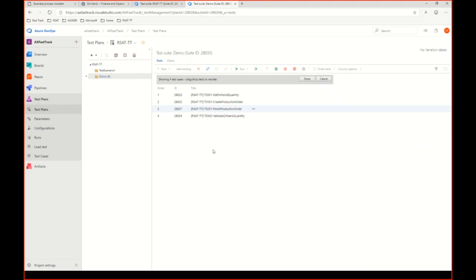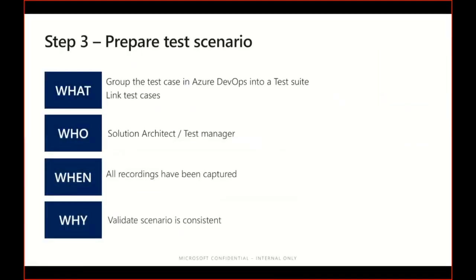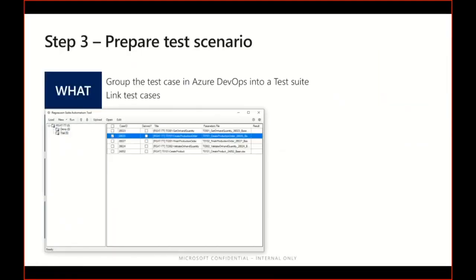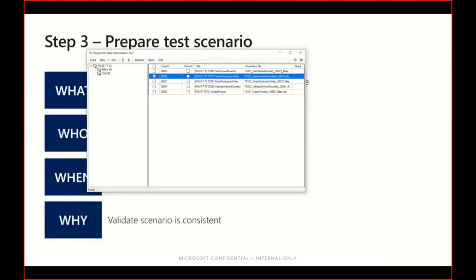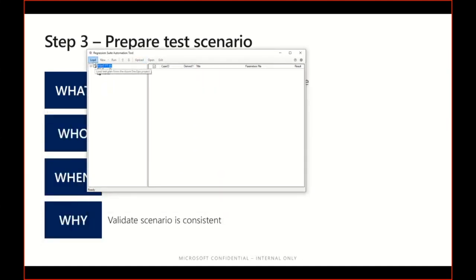All right, this is preparation. The last step is that we're going to validate it, and for the validation, I'm going to use the Regression Suite Automation Tool. The first step is to load my test cases, and I will be seeing